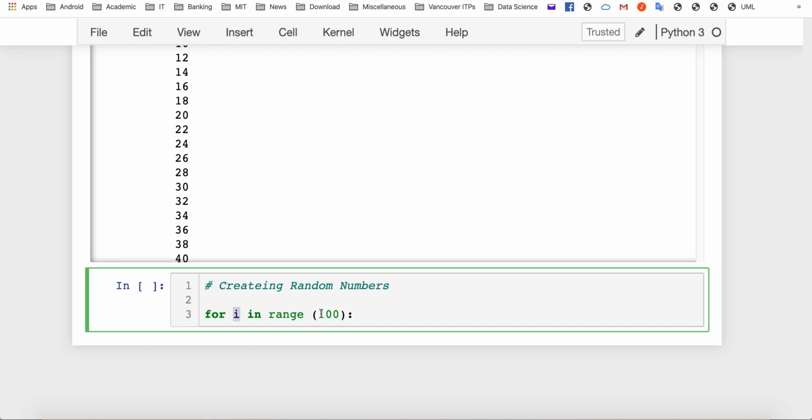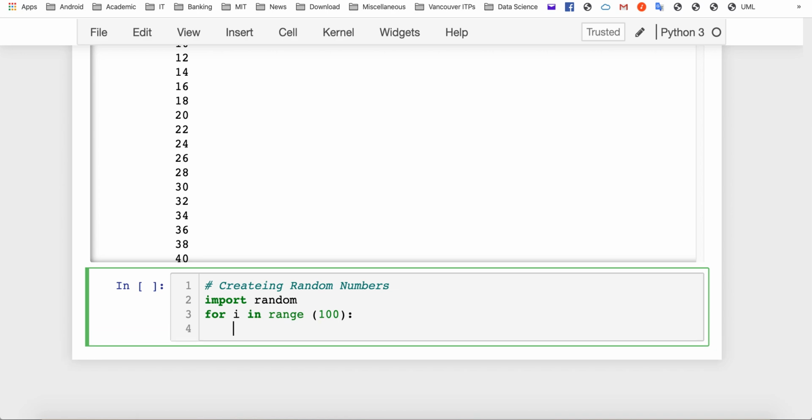And when you supply only one parameter, one value, to range, it's the number of times that the loop is going to be repeated. So this will generate a collection of numbers from 0 up to 99, which is basically 100 numbers. And we also need to import the random library. Inside here, we just say print